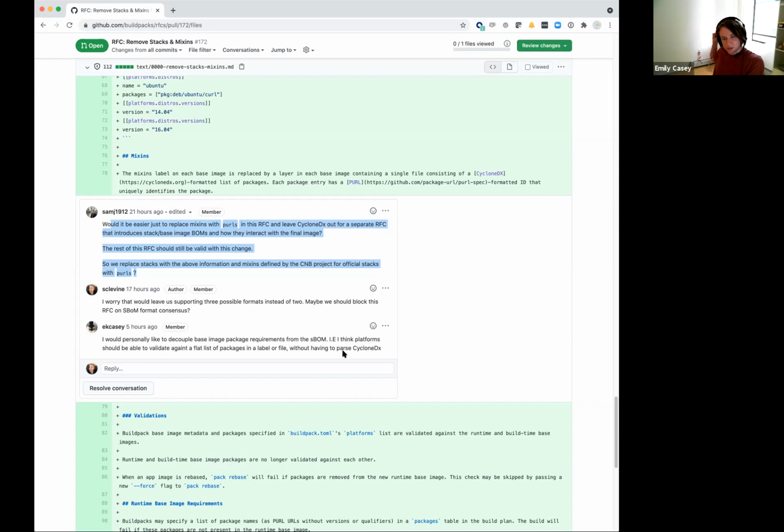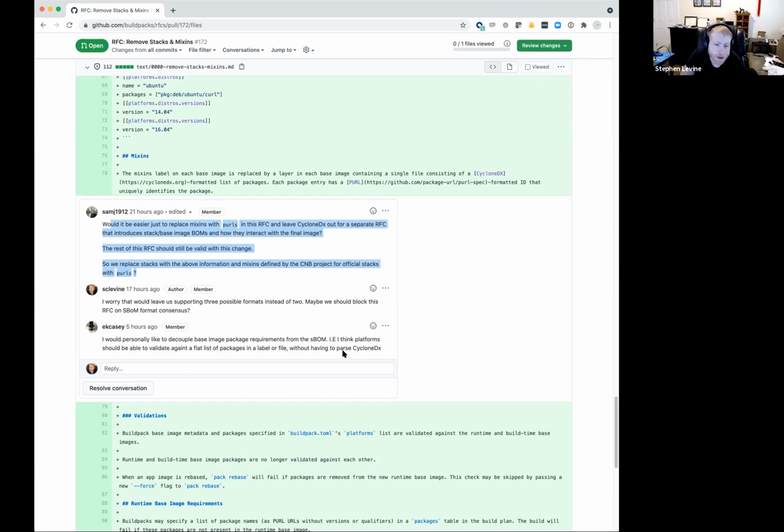I'm on the fence here, but I'm a little bit inclined to want to decouple this stack validation stuff from the SBOM stuff, both from a moving forward perspective, so we don't have a giant tree of dependencies between our RFCs, but also to make life easier for platforms and other tooling, so that not everyone needs a tool to parse CycloneDX to pull out the relevant information here.